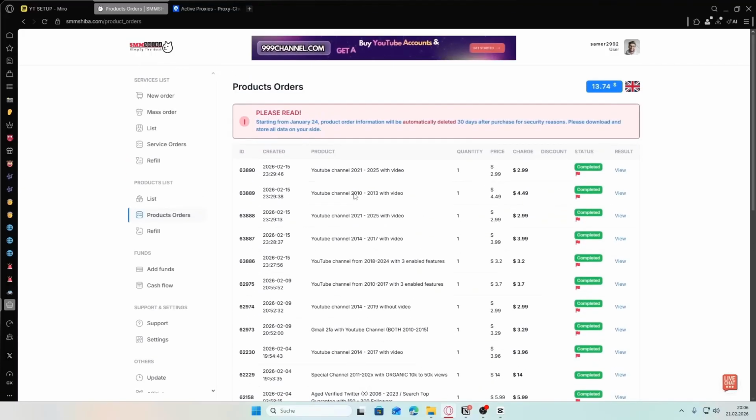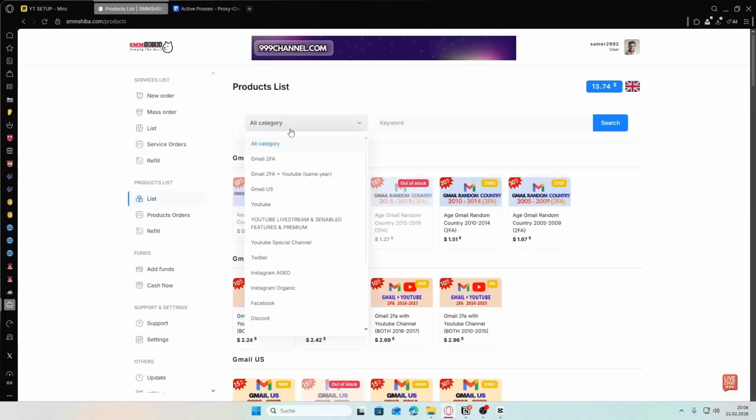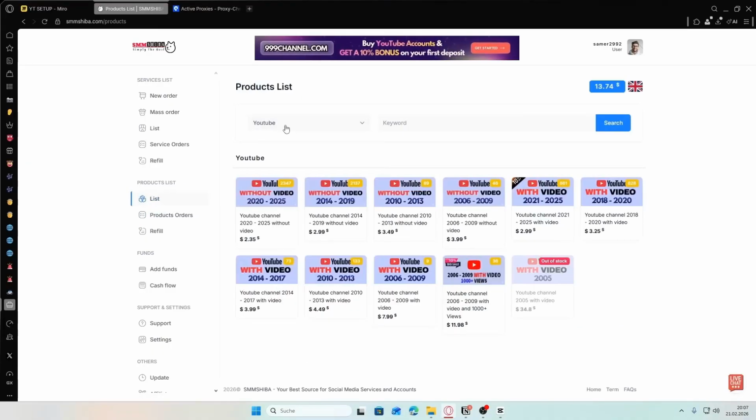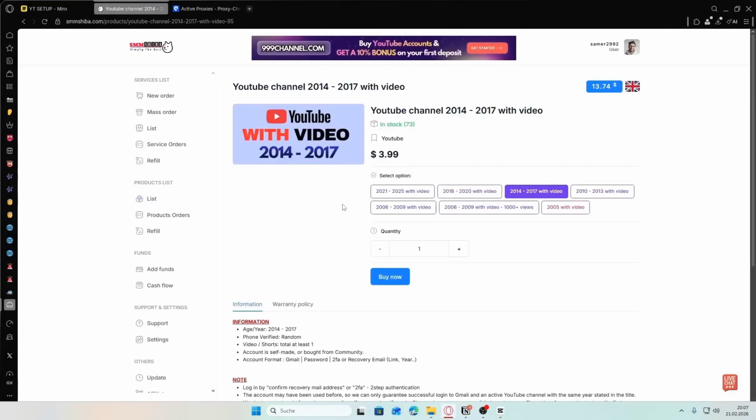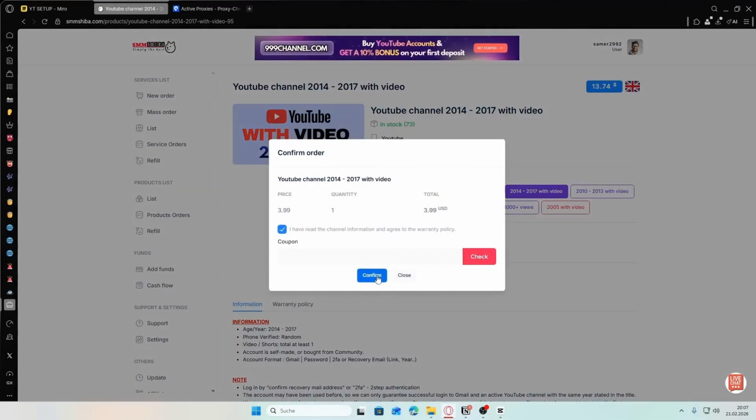Right, so I'm currently at my dashboard on smmshiba.com, and do not get confused by the website names. SMM Shiba and SMM Dodge are actually the same website. So all you have to do once you've created yourself an account here is to go on List, click on this category icon, select, and here you want to select something, basically any option that says from with video. So I'm going to choose this one right here, and this should be already fine. 2014, 2017, yeah. Now I'm going to click on buy, confirm,